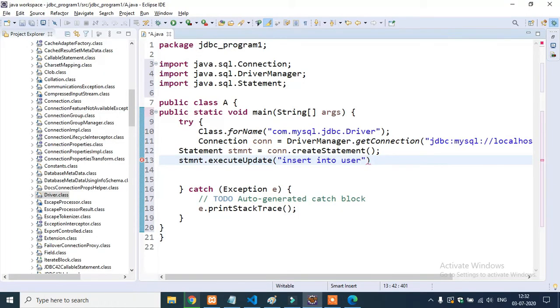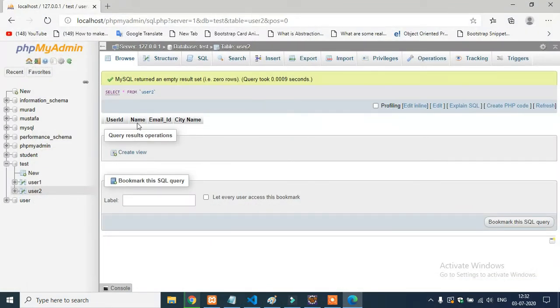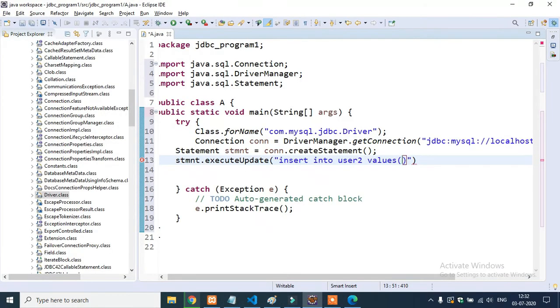Insert into user2 values. The first column is user ID, then name, email ID, and city name. User ID, let's type 100, comma, and when you write a string value, always write it inside single quotes, guys. The name is